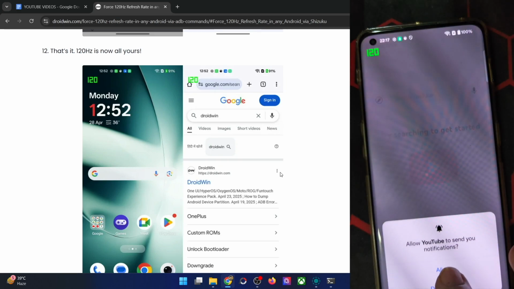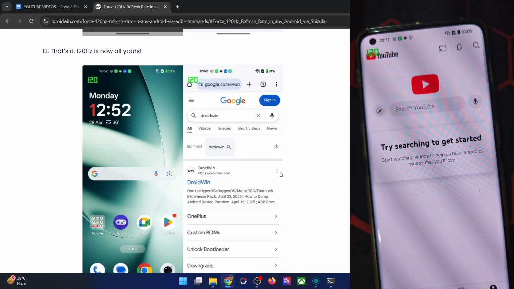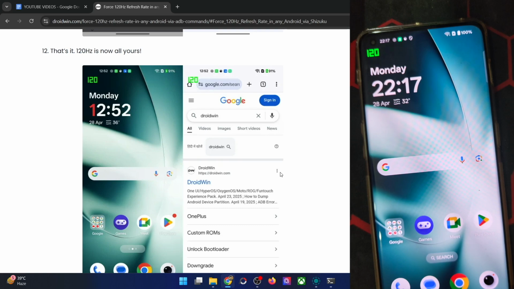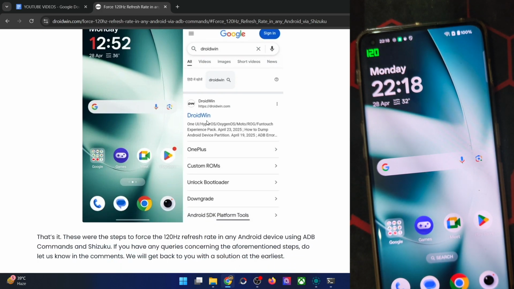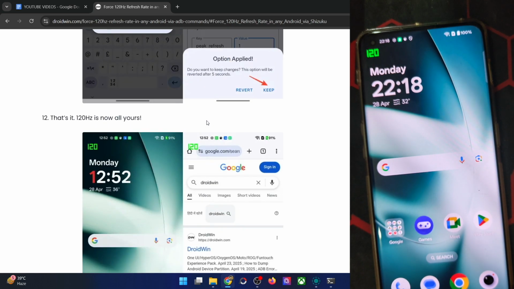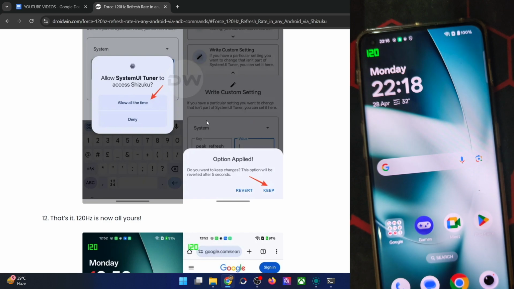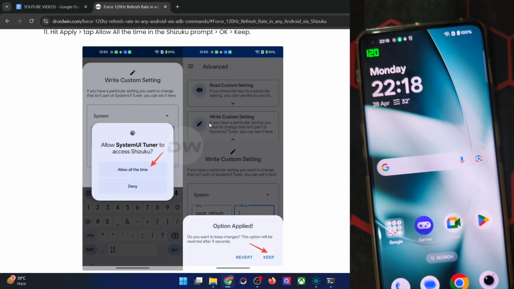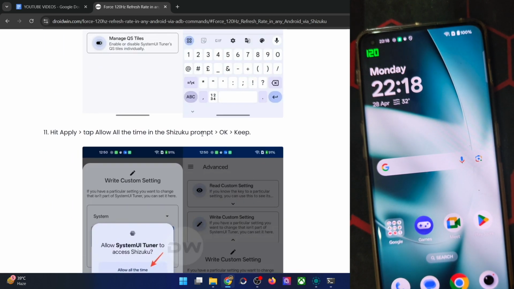So guys, this was all from this video on how you could get 120 Hz across all the sections, all the apps forever. Just keep in mind that this will lead to additional battery drainage as well, quite a lot of battery drainage. So if that is all well and good, then you could carry out this tweak. And with that in mind, let's round up the video. If you have any query with regard to any of the steps, do let me know in the comment section. And finally, if you want, you may also remove the Shizuku app because the task is now complete.